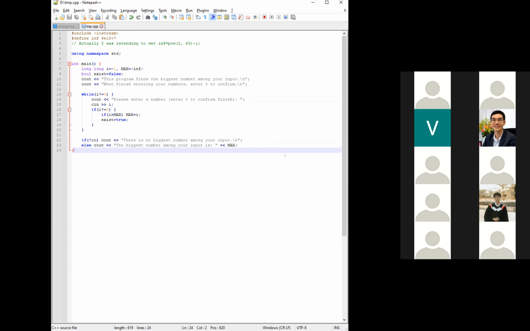And then he set I to start with minus 1, so that it can go into the while loop. He used the while loop. Why do others use the do while loop now? With Phúc, he used the while loop. Enter I, and if I is not 0 and I is bigger than max,